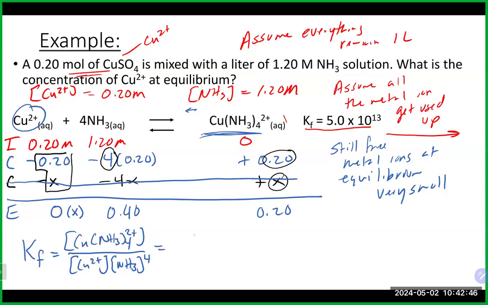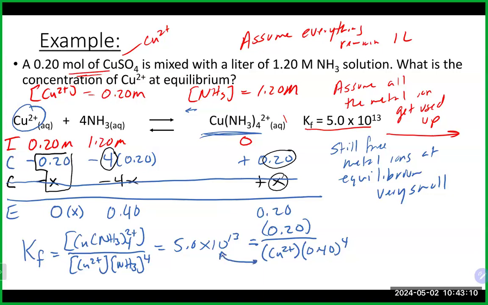We're going to put in our values here, and that would equal our 5 times 10 to the 13 equals 0.2 divided by our copper concentration and our NH3, which is 0.4 to the 4th. We're going to solve for the copper concentration in this case. Mathematically, what happens is those two guys basically switch places. We multiply the copper 2 to the other side, divide by the Kf,